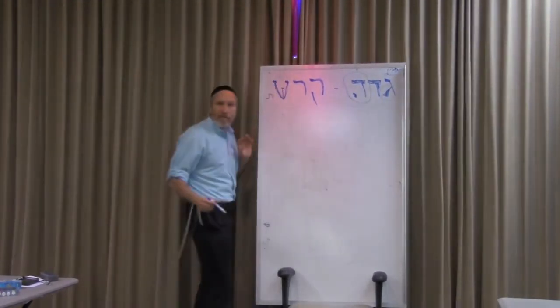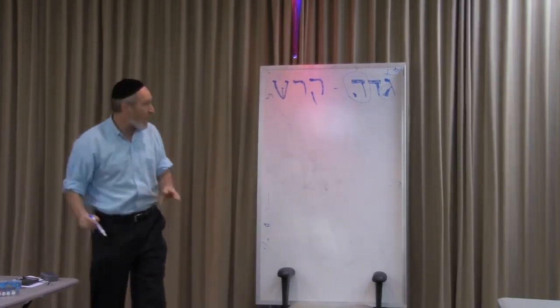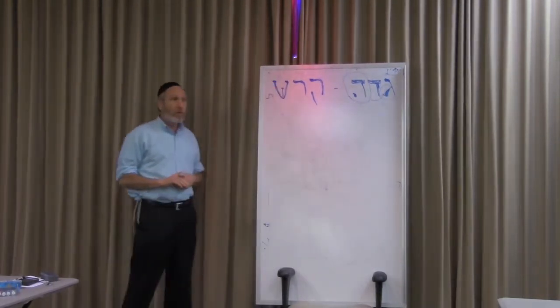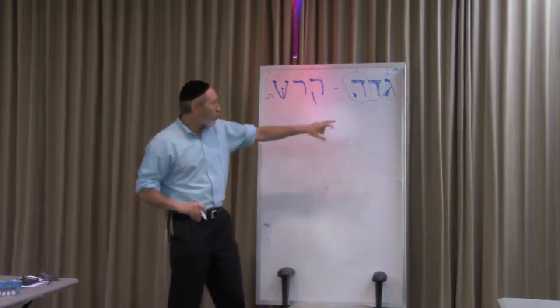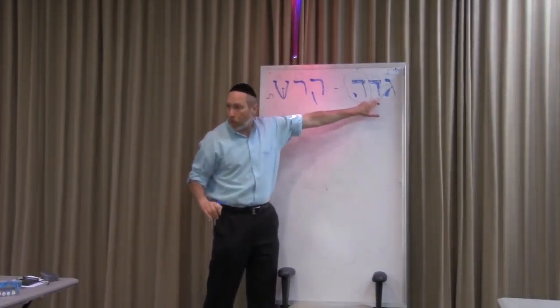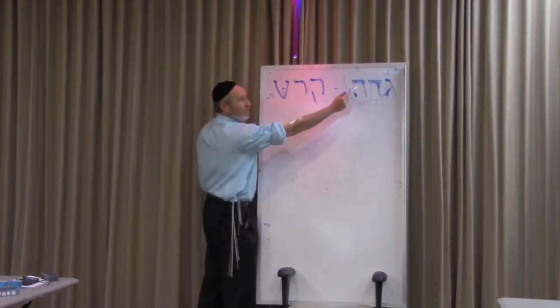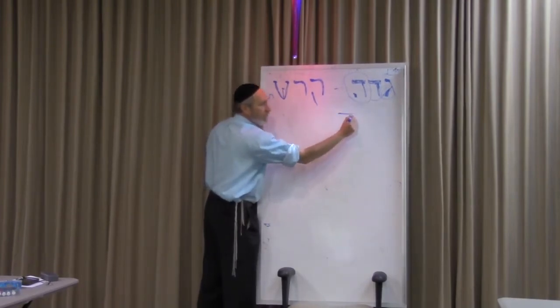He wants to give that Yud, which we'll see what that means in a minute, to the next letter, which is the Dalet. What does Dal mean? Ever remember? What does Dalet mean? Poor. Dal is poor, impoverished. So the giver wants to give to the poor. He wants to give his little Yud here. And he does. That's the Hey. The Hey, as you can well see, is a Dalet. It's poor.